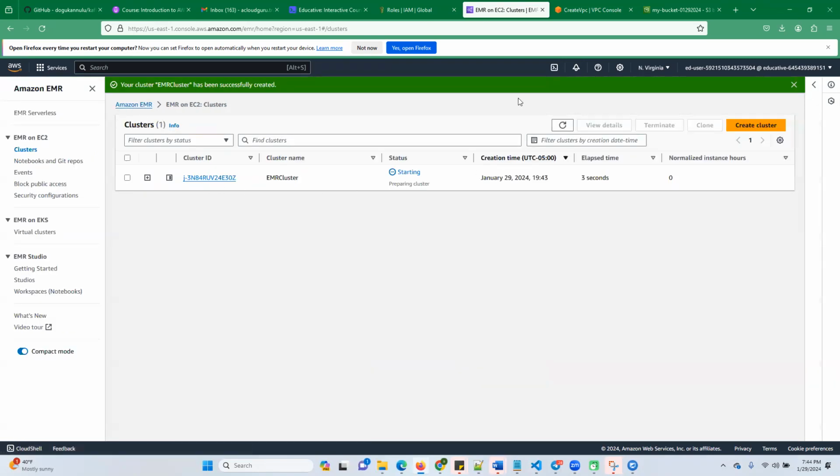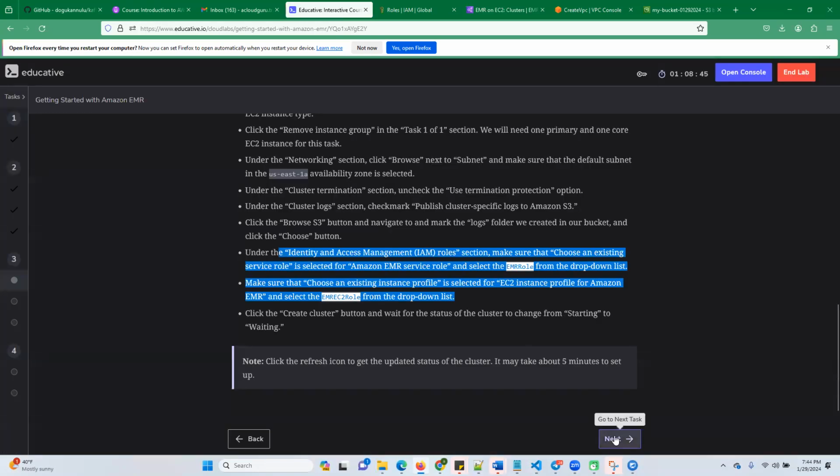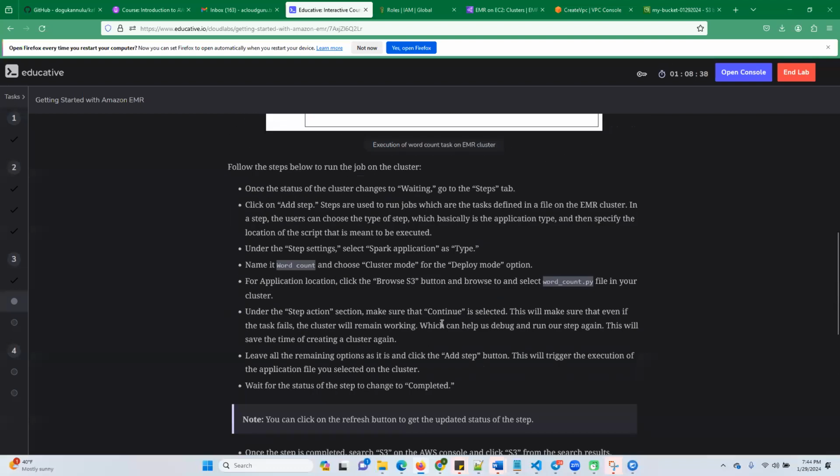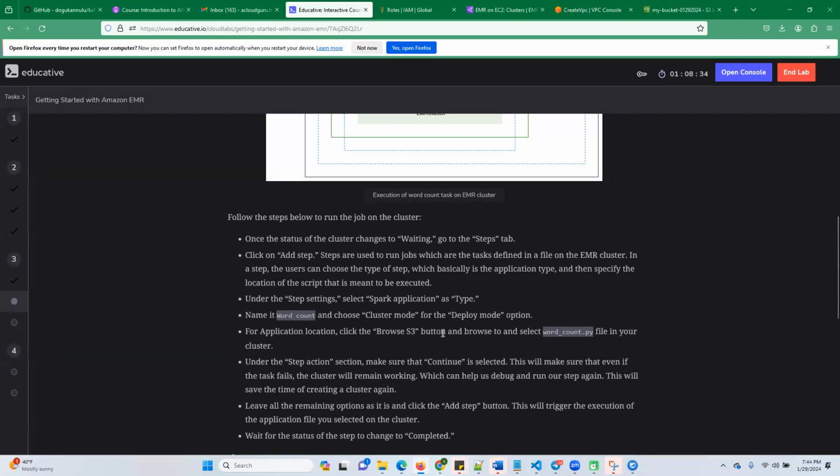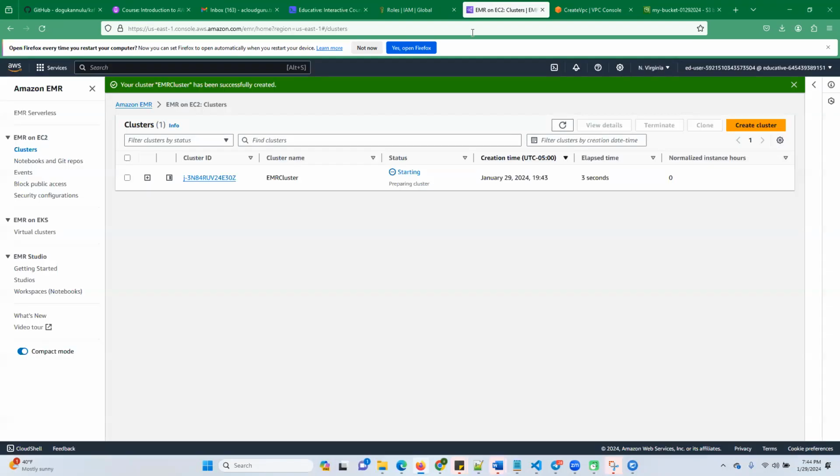Okay, so this cluster is going to start. It takes about 5 minutes. So we have to add one step to run a job. Actually, there are two ways to run a job. Okay, one is